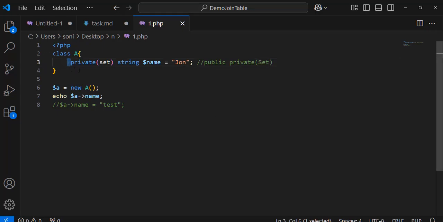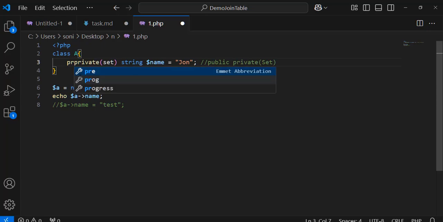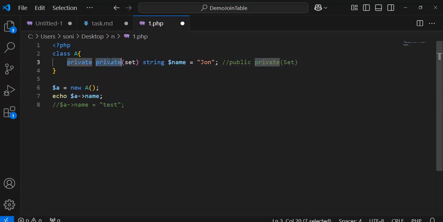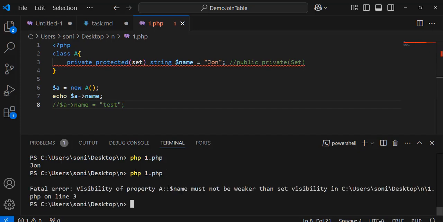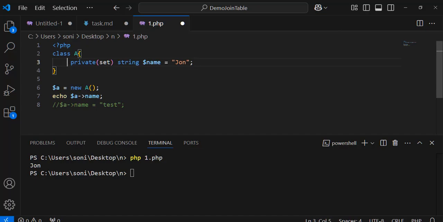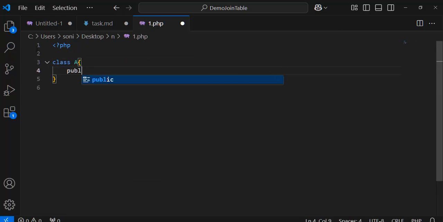Let's look at an example. Now you will get this error. If I write this code,